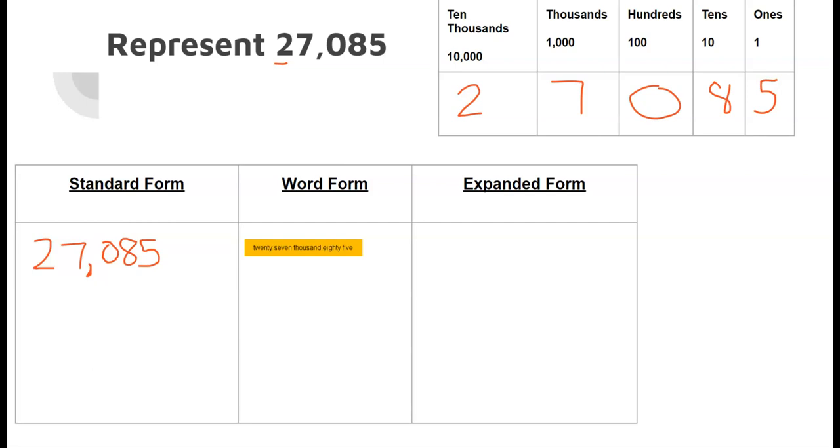Now in expanded form, we're actually going to represent our numbers by also showing their place value. So let's do this together. I'm going to start with my 10,000. I'm going to start with a parentheses. So I have 2 times 10,000. Now I like to say this as I have 2 copies of 10,000. So that's what I'm going to do. I have 2 copies of 10,000 plus 7 copies of 1,000